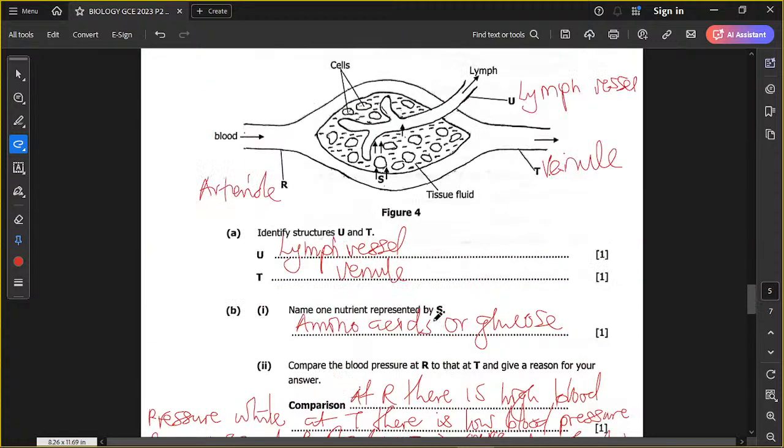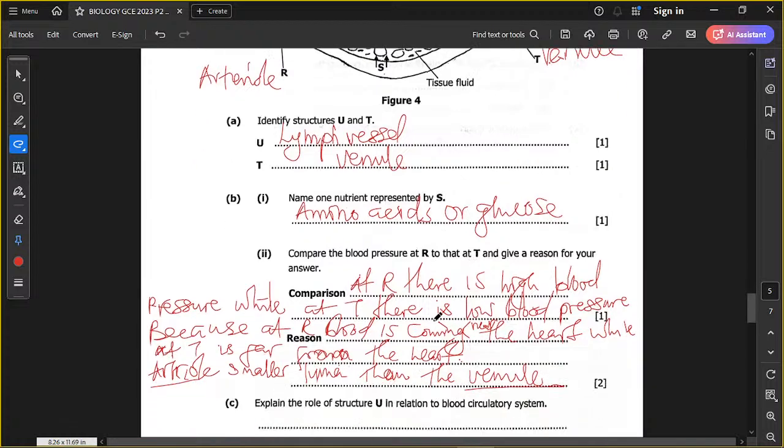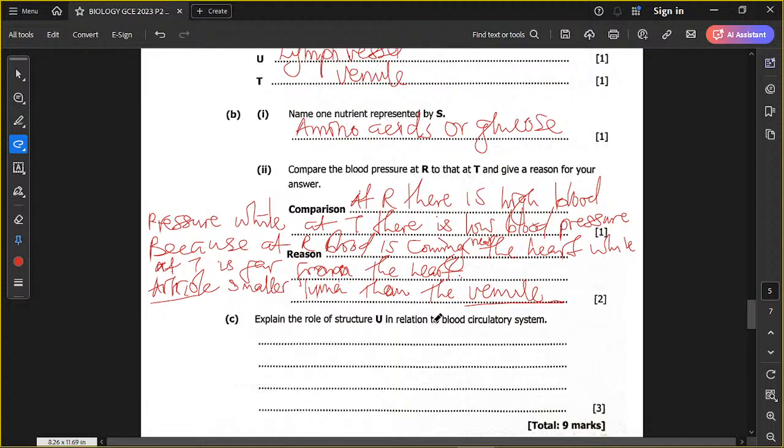So structure U, we said, is the lymph vessel. What is the role of the lymph vessel? The role of a lymph vessel is it conducts